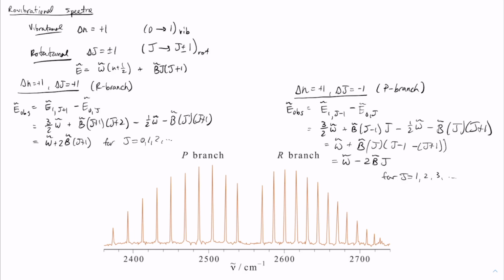And the reason that you can't see it for j equals 0 is that this requires you going down a level on j. And if you're starting at j equals 0, there is no lower j value. And so this can only be seen starting at j equals 1. Okay, so if we put these two together,